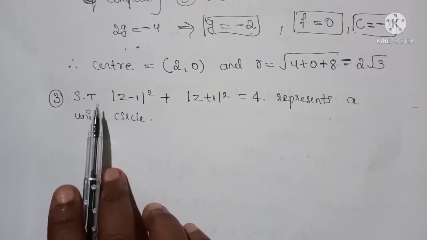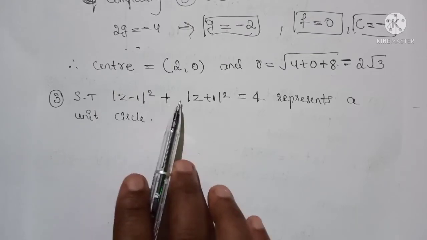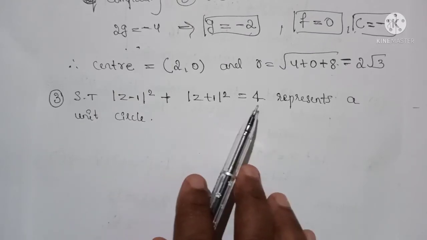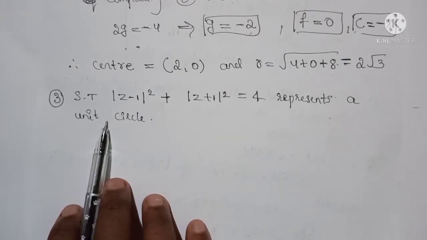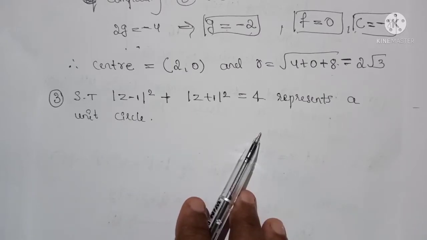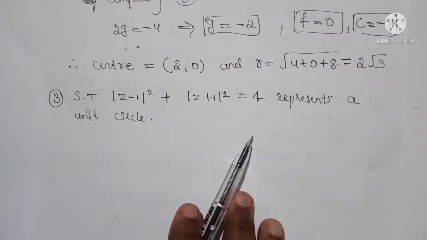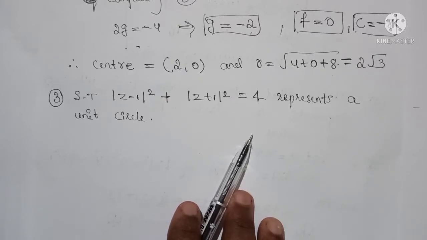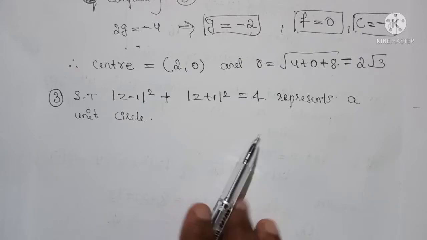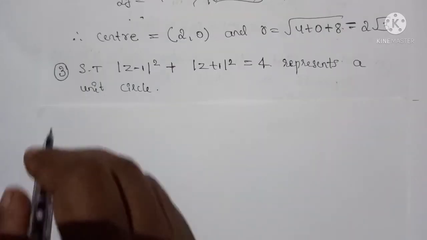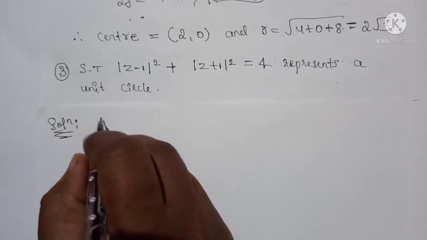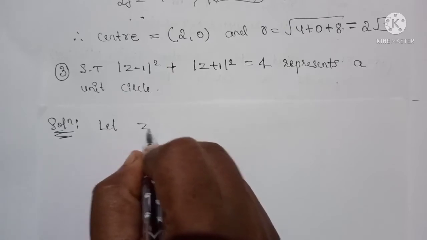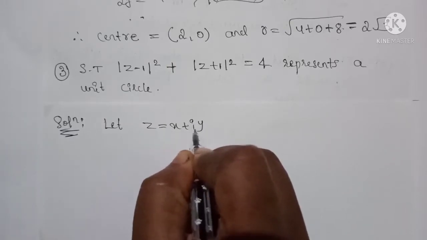Next problem: show that mod z minus 1 whole square plus mod z plus 1 whole square equals 4 represents a unit circle. That means here we need to show that it represents the unit circle, and a unit circle is nothing but a circle whose radius equals 1. Solution: let z equal x plus iy, then